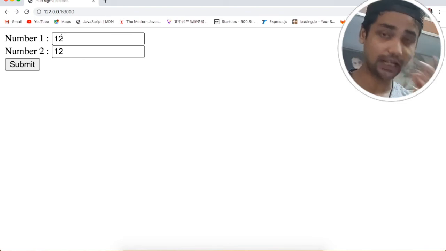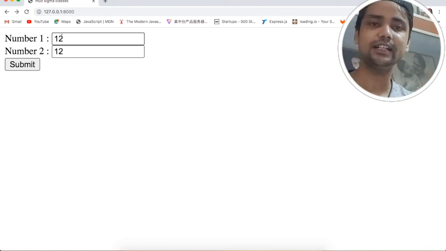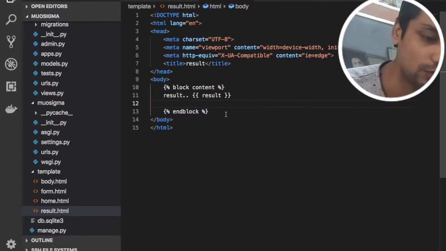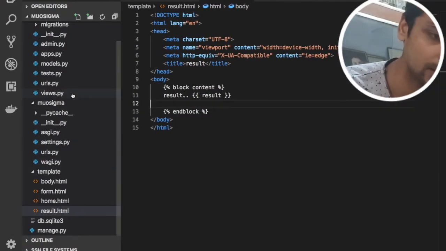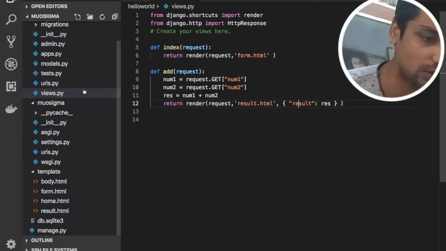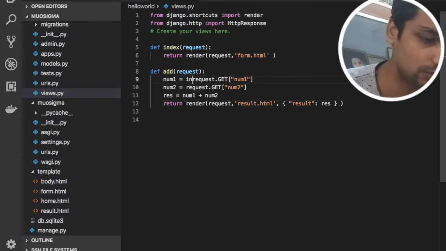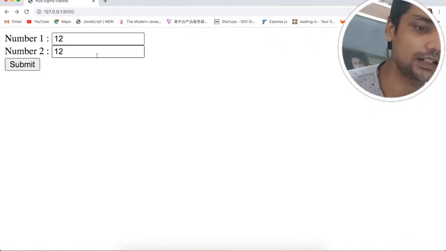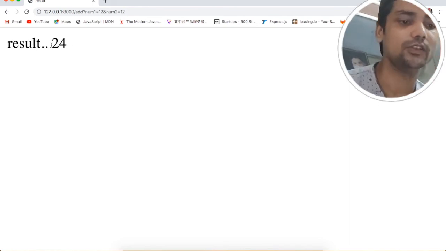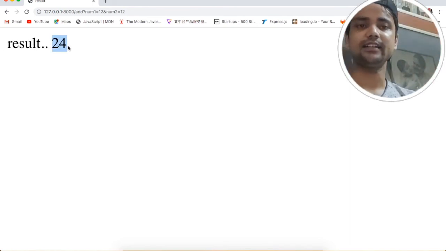but you can see here we are concatenating them to each other, because the format of the value is a string, right? So we need to parse it into an integer. So in this views.py file, we need to use int, like this, int like this, and refresh this page, and 12 and 12. When you hit the submit button, then you can see you got a result. This time you are getting the correct result, 24.